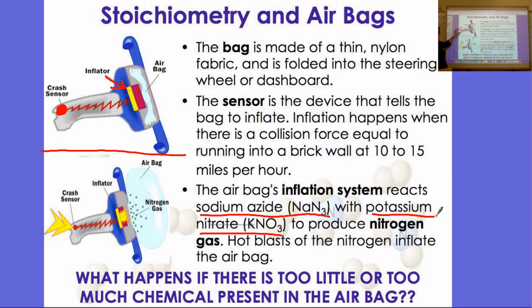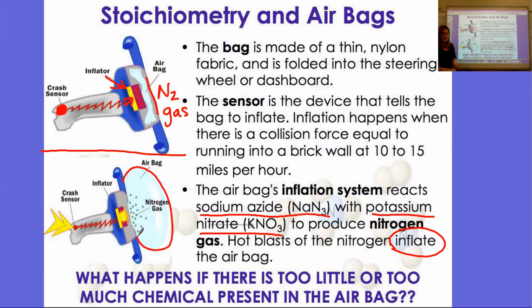That signal that's sent from the crash sensor into the inflator says mix these chemicals quickly. This reaction is highly exothermic, and it produces nitrogen gas. When nitrogen gas is produced, the airbag inflates. The thin fabric that's located inside your steering wheel or inside the dashboard on the passenger side inflates like a big balloon